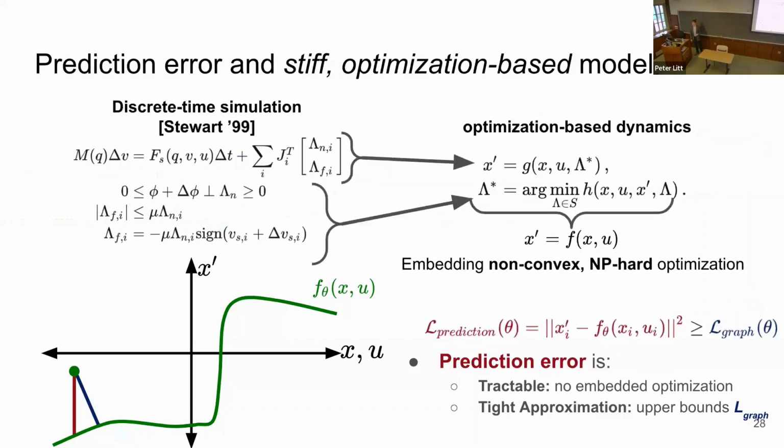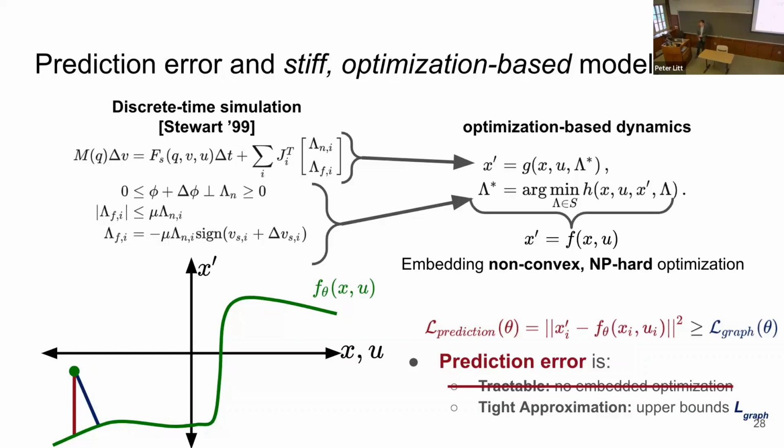But it's worth noting that we have a very particular antagonistic form of model. And this is this final equation from our background, which is that embedded inside of forward prediction for physics-based models is a very difficult optimization problem. So maybe prediction error is still tractable, but it's certainly not as tractable anymore. It's no longer just a few matrix multiplications and additions. Just like graph distance calculations, you are solving an optimization problem. So without looking at the structure, it's not clear whether prediction error is harder or easier than graph distance.